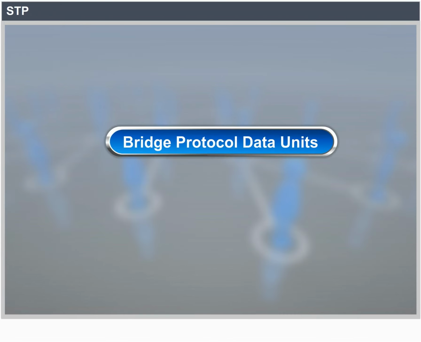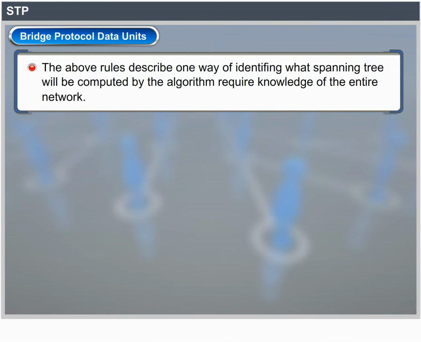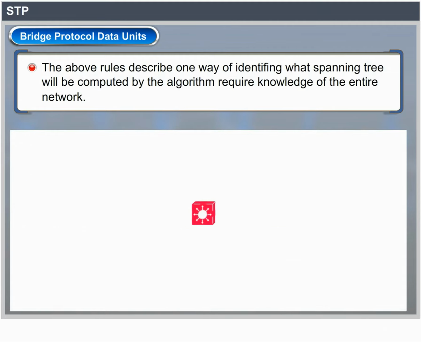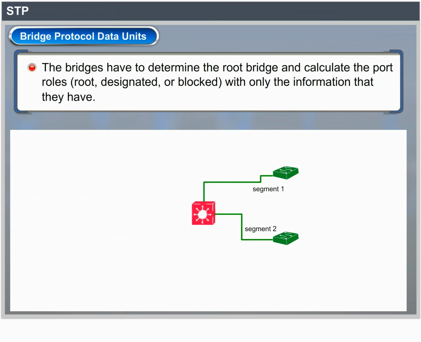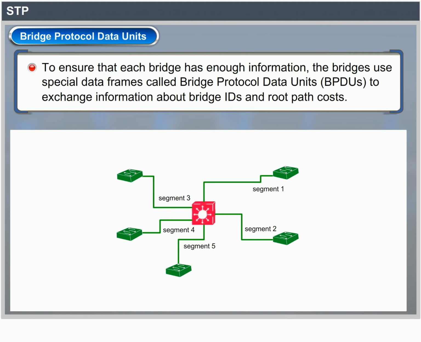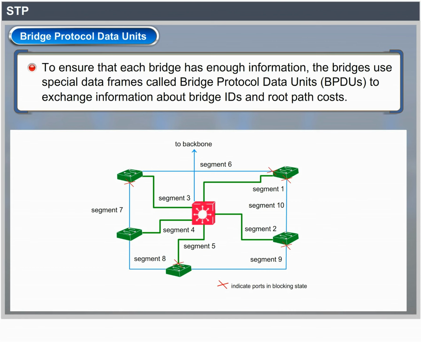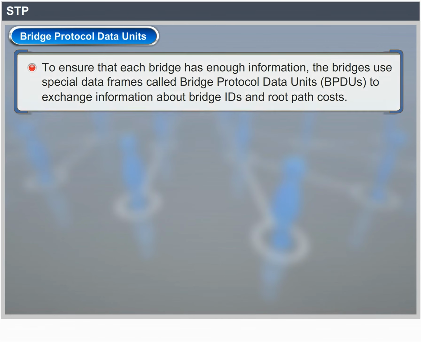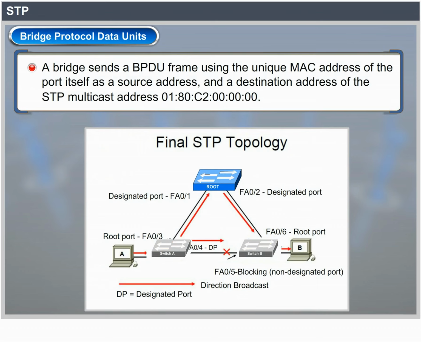Bridge Protocol Data Units. The above rules describe one way of determining what spanning tree will be computed by the algorithm, but they require knowledge of the entire network. The bridges have to determine the root bridge and compute the port roles, that is root, designated or blocked, with only the information that they have. To ensure that each bridge has enough information, the bridges use special data frames called Bridge Protocol Data Units or BPDUs to exchange information about bridge IDs and route path costs. A bridge sends a BPDU frame using the unique MAC address of the port itself as a source address and a destination address of the STP multicast address